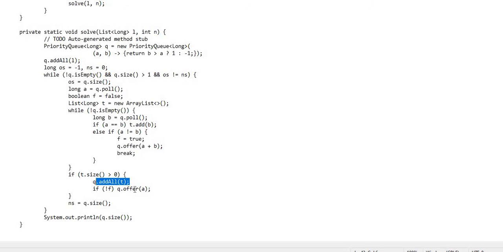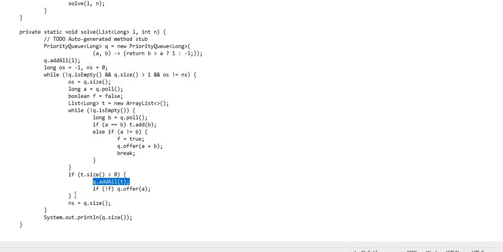Then we check the flag. If the flag is false, it means the case is, let's say, we have the elements 1 1. In that case, if we poll a as 1 and again we come inside and poll b, it will add b in the array list, but once we come out of this while loop, it will add back the t array list, which will have only one element, that is 1.